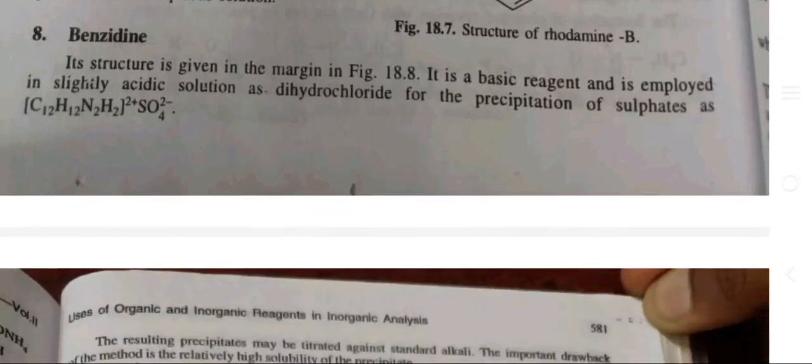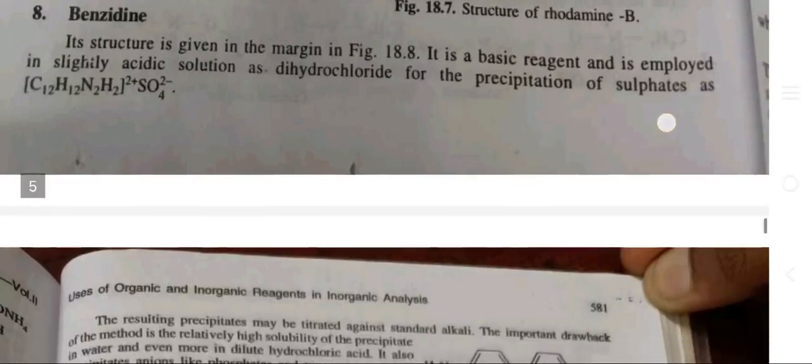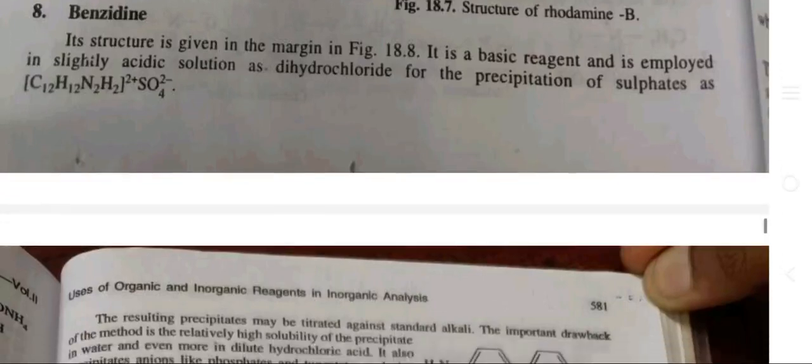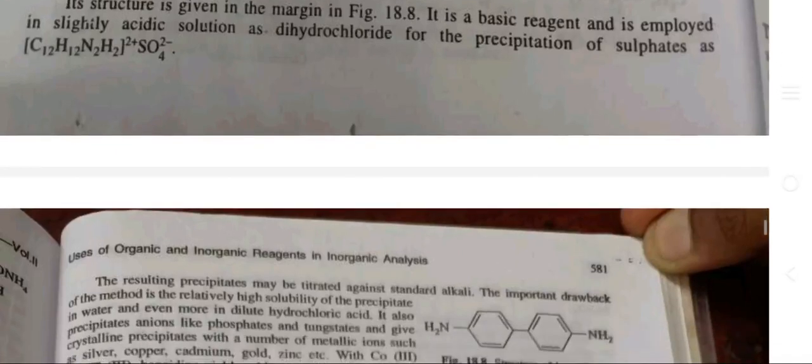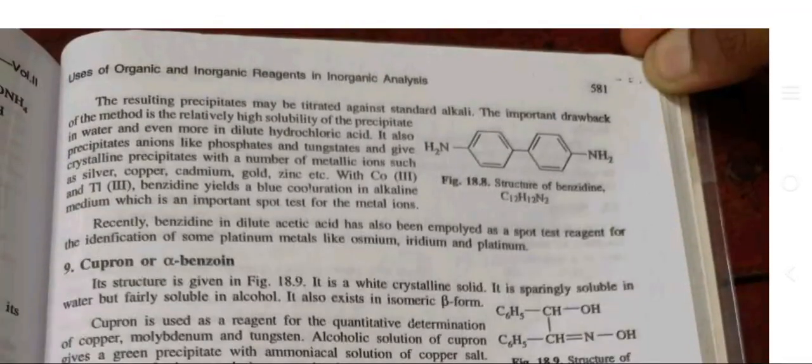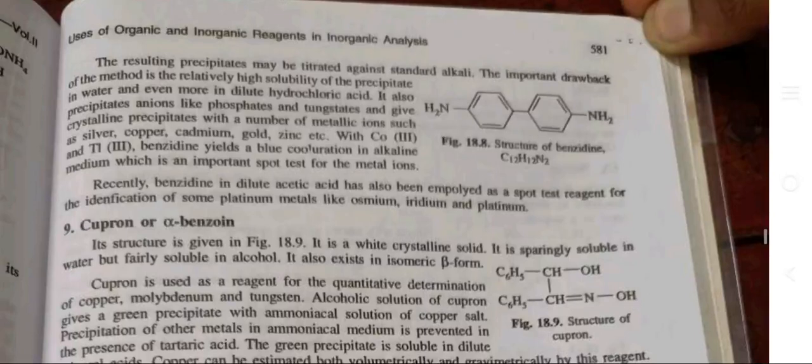Benzidine, its structure is given in the margin in the figure. It is a basic reagent and is employed in slightly acidic solution as the dihydrochloride for the precipitation of sulfate as [C12H12N2H2]2+ SO4 2-. The resulting precipitate may be titrated against standard alkali. The important drawback of the method is the relatively high solubility of the precipitate in water and even more in